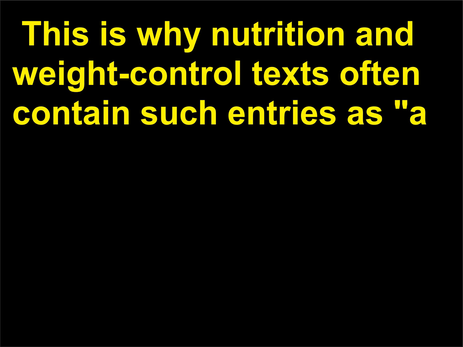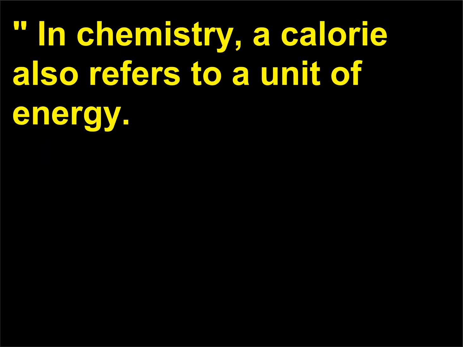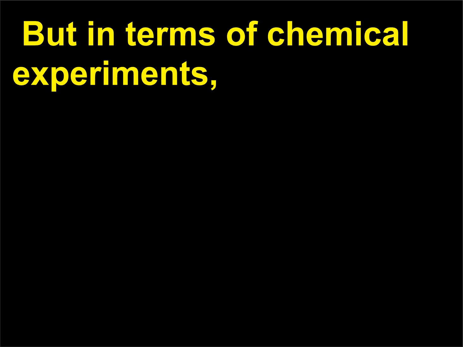This is why nutrition and weight control texts often contain such entries as a 140-pound person walking for 1 hour at a moderate pace burns off 222 calories. In chemistry, a calorie also refers to a unit of energy. But in terms of chemical experiments,